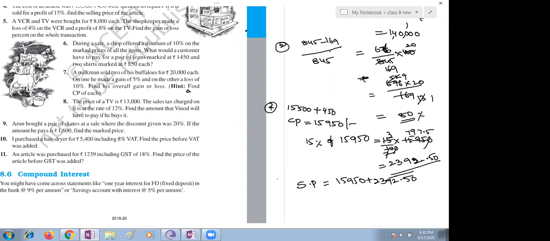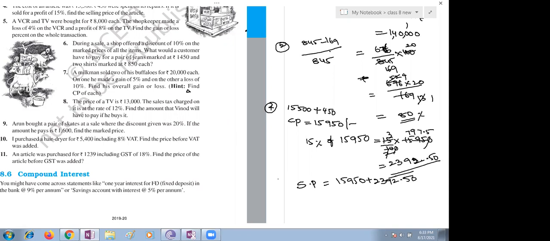Ma'am, so here we need to find 1700 plus 1450, or separately we should find. I think it will come to the same. Then you just add the amount. Ma'am, it will be 3,150. No, ma'am, they didn't give anything, children. Whatever is given, discount of 10% on market prices. You have to separately go with the 10%, right? Very good question, Sahu, you are very good. Ma'am, I did separately only.